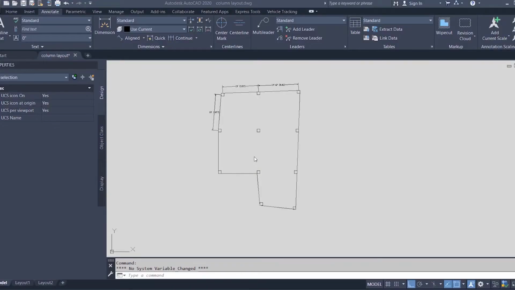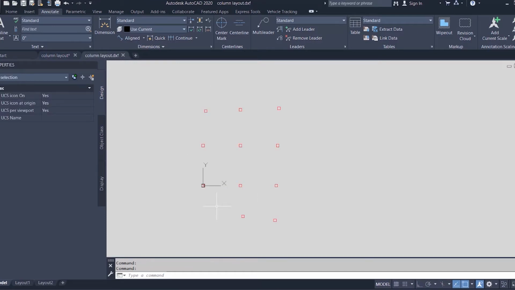In this tutorial, we'll look at how to import a plan from AutoCAD to ETABS and draw grid lines for irregularly spaced column layouts. Here I have the column layout plan in which the columns do not lie in either a horizontal or vertical grid. For this, I have moved all the columns from this file and put them at the origin point as shown here, and saved it